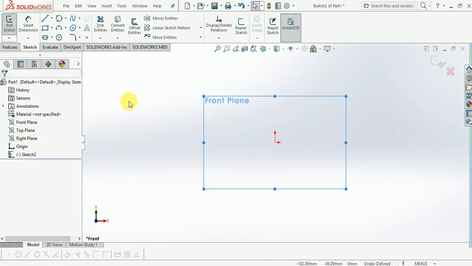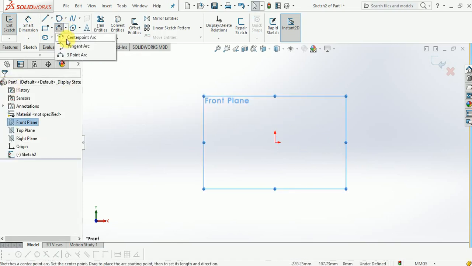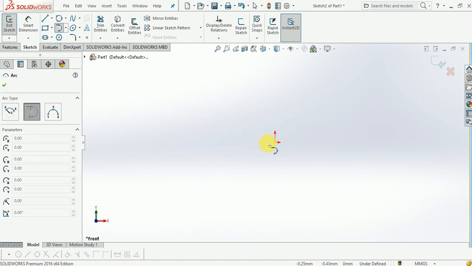Now the third option, the tangent arc which I was mentioning, would not be possible if I don't have any sketch over here. See, whenever I click anywhere or even at the origin